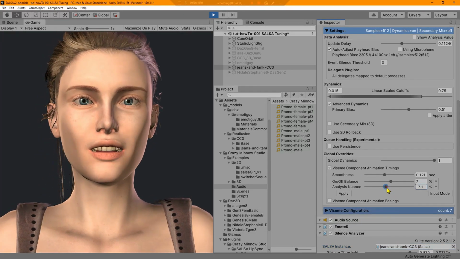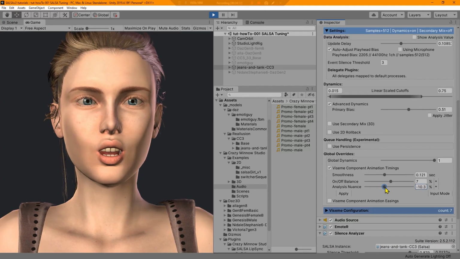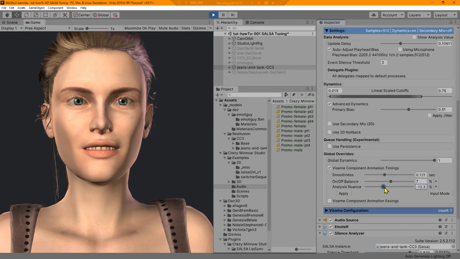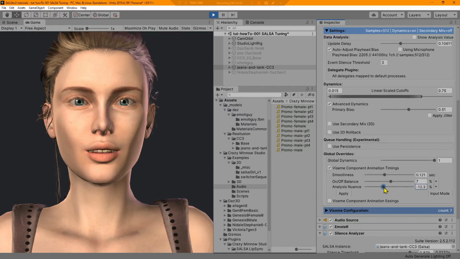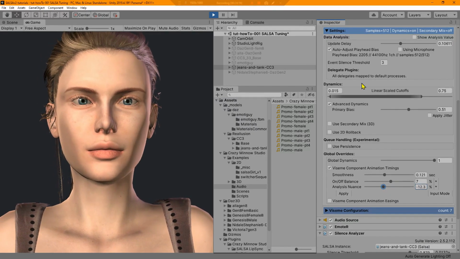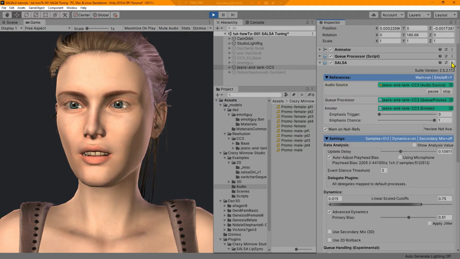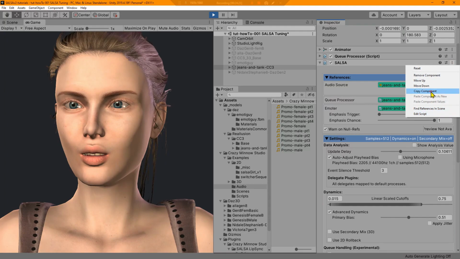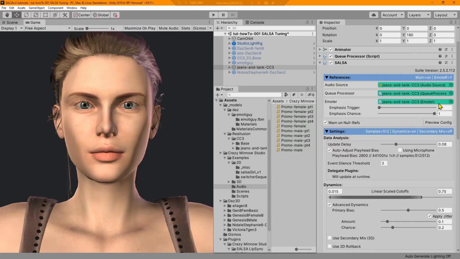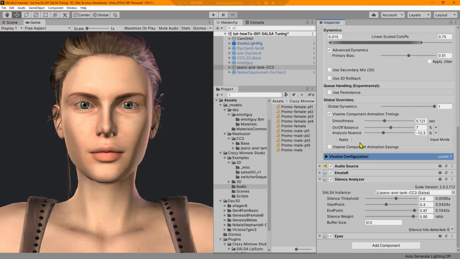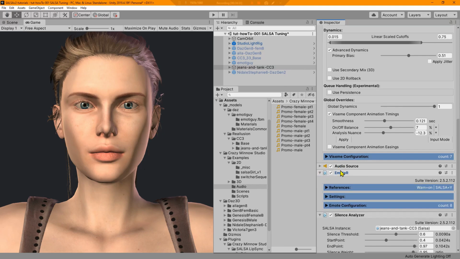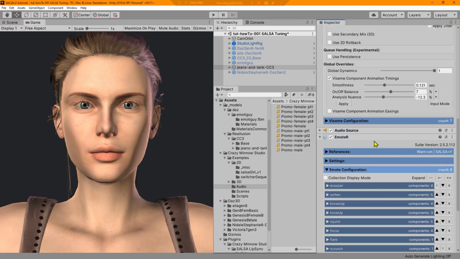This looks pretty good to me. Let me bring it back down here, get a little bit more nuance in there. Simple automated lip sync approximation. Okay, I like that. So let me go ahead and copy these values. We're going to stop it because now we're going to work on the emotes. Let's paste our values back, and we're going to go into Emoter, and we're going to work on the emphasis